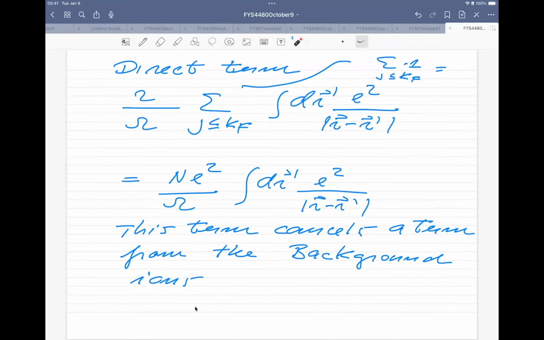The background ions is something which I will set up tomorrow so that you see those terms. But what I wanted to start now is with the exchange term and see how we can calculate that one. And then I'm coming back to how I got this specific term and how I can use that term to cancel the one which comes from the background ions. But when we are going to calculate the Hartree-Fock energy, this epsilon p Hartree-Fock is simply going to be equal to h bar times the momentum k, the wave number, times 2m minus the exchange term.